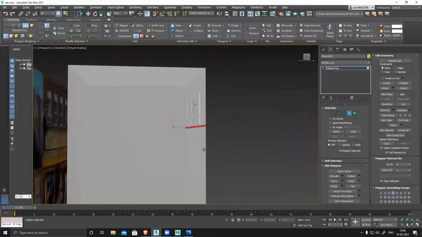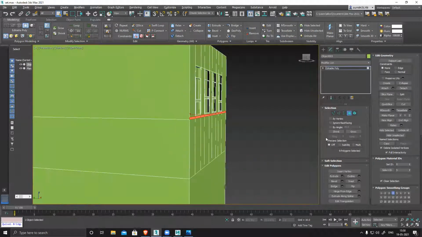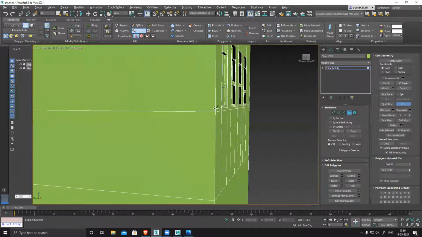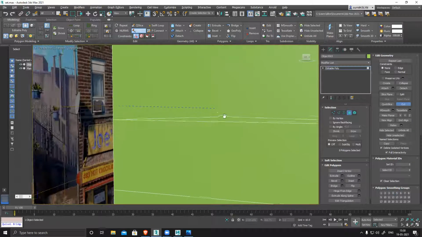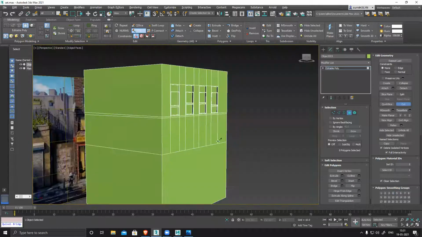perspective, cut, snap is not on. It's not straight. I'll make this straight.